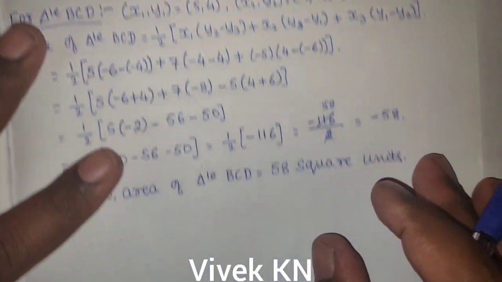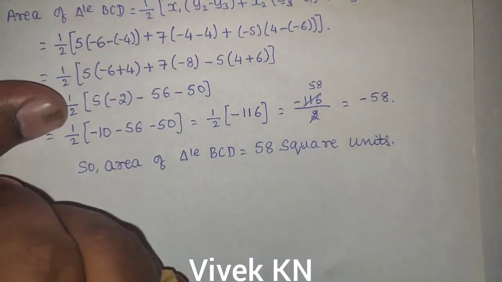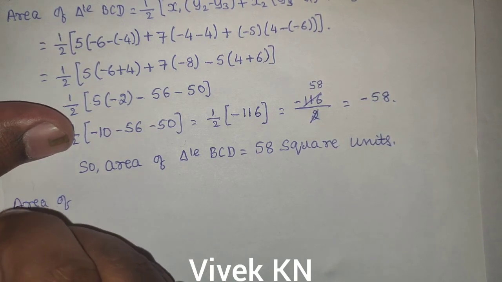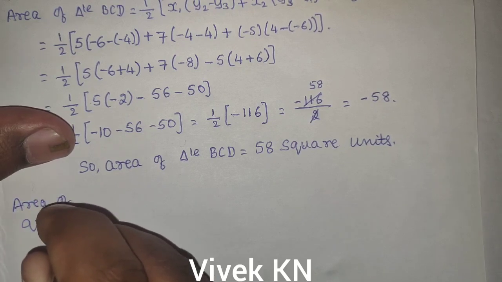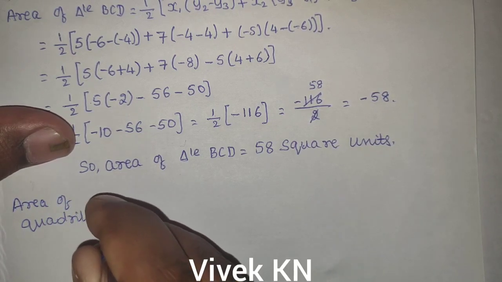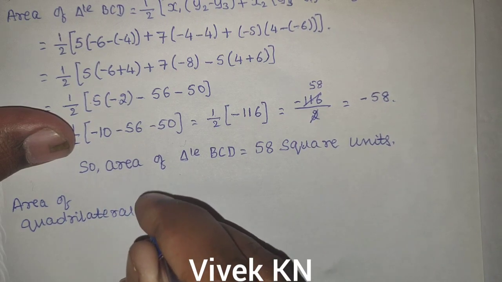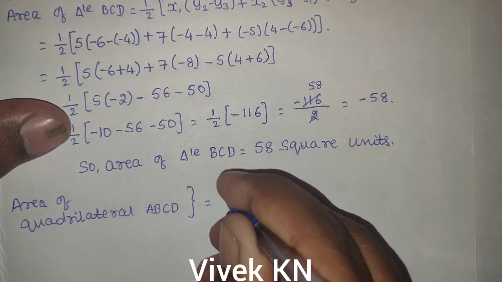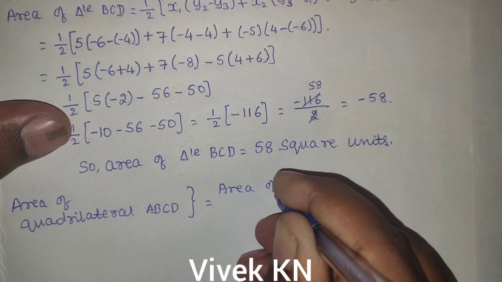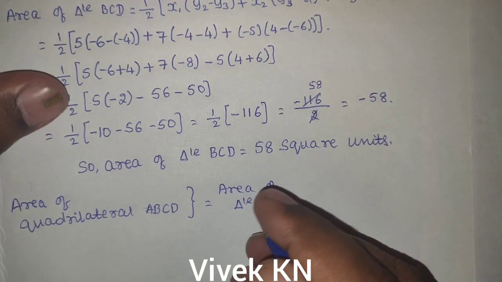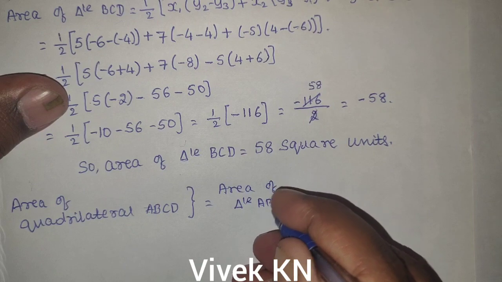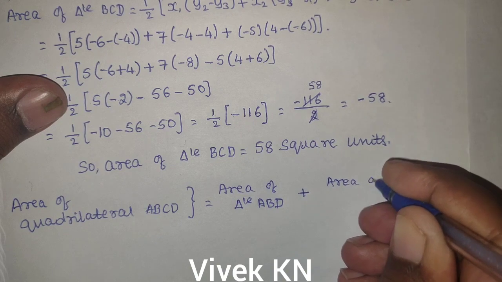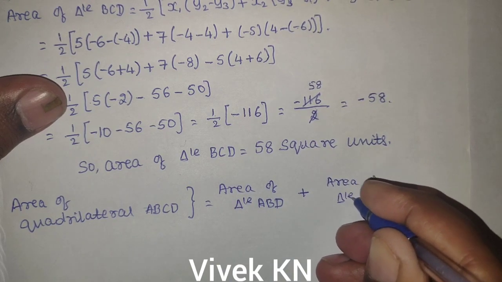Okay, so area of quadrilateral ABCD is equal to area of triangle ABD plus area of triangle BCD,